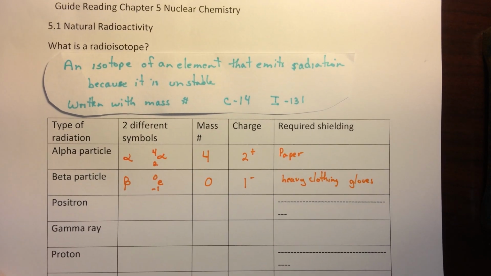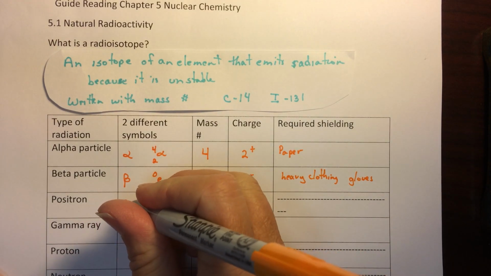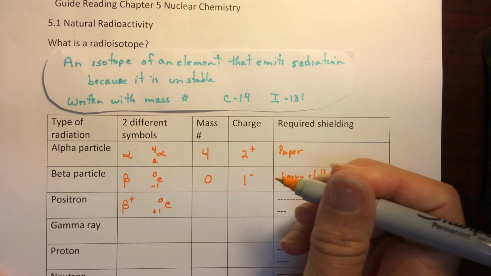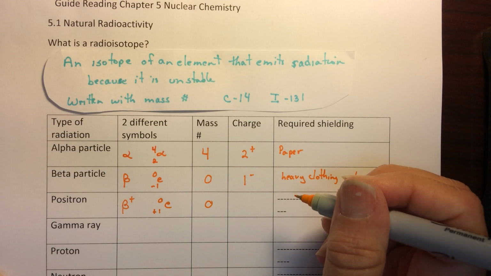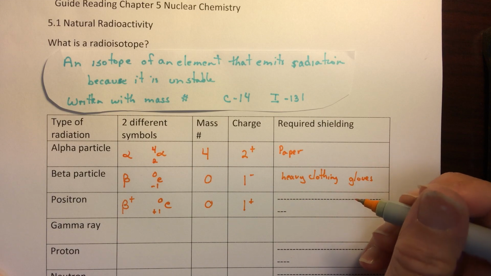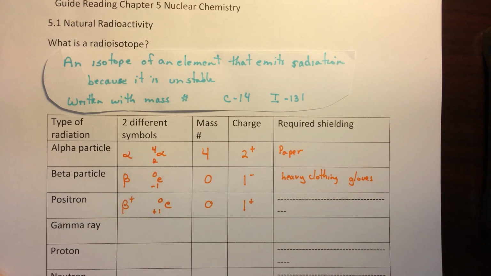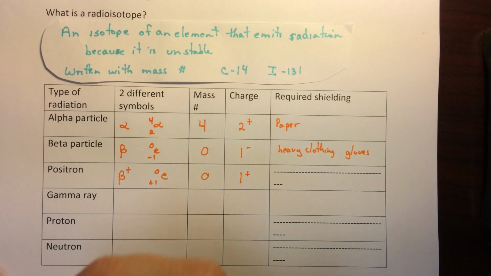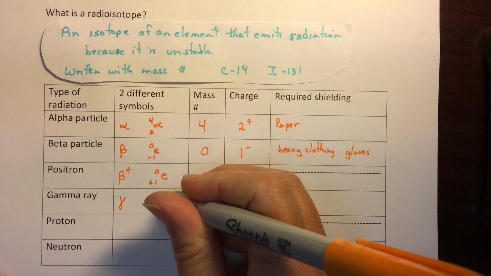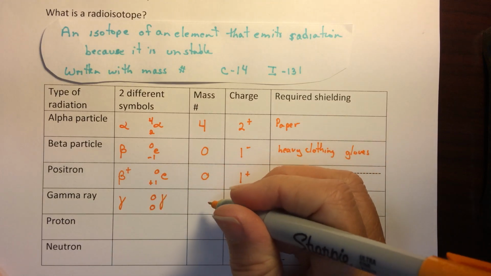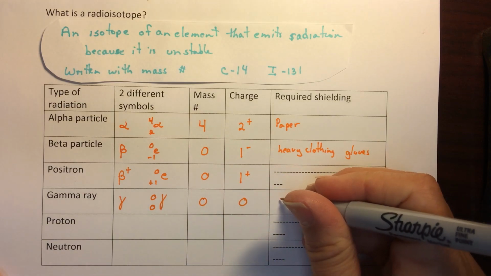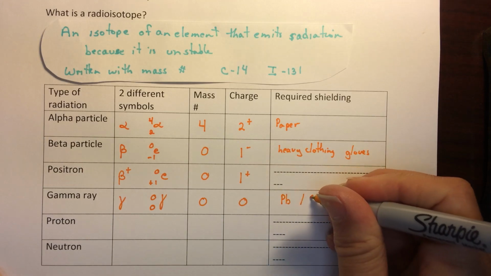Okay. A positron can be thought of as a positive electron. It again has a negligible mass. I'm putting 0 here, but it's just very small, and a charge of +1. Gamma radiation is symbolized by gamma. It has no mass and no charge. Therefore, it's very difficult to stop. And gamma radiation requires lead or concrete